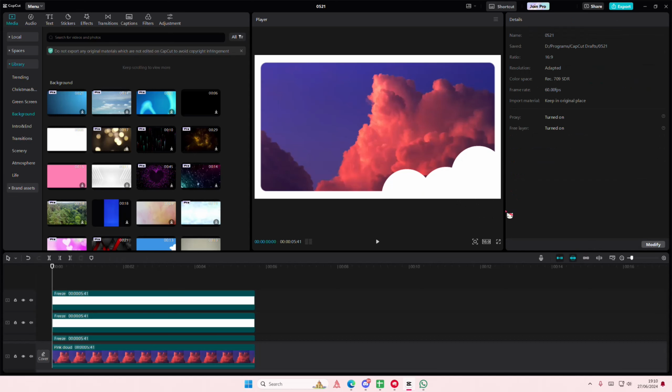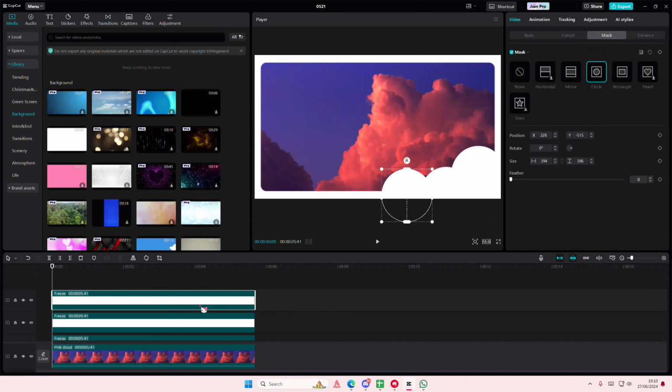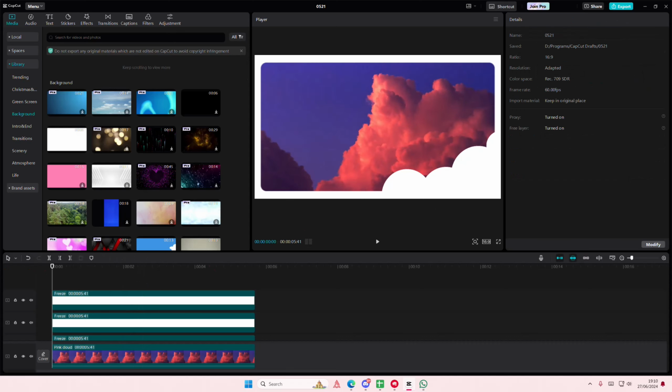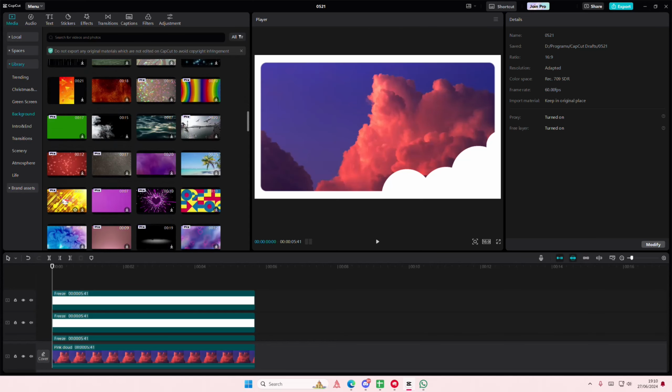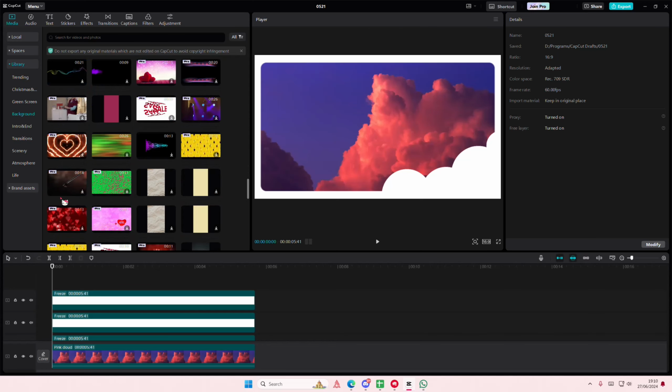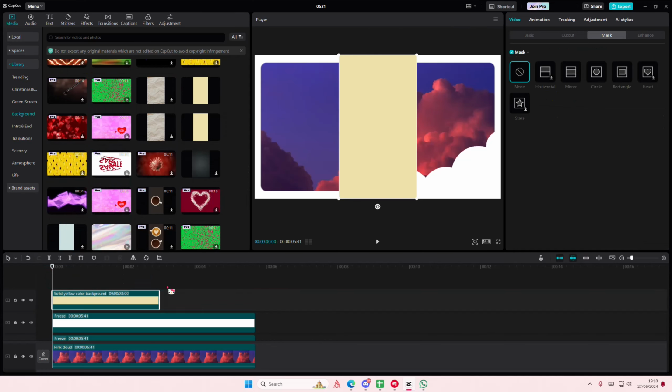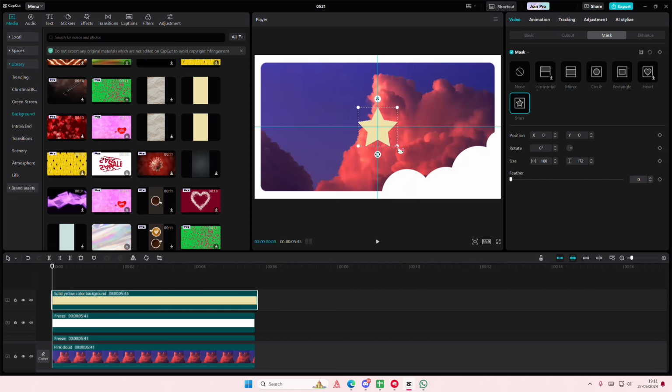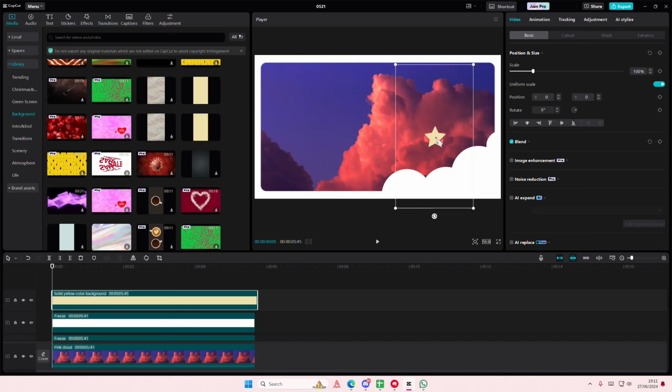I think that's good enough. Let me add another circle, a smaller one, I guess, like right about here. Then I'm just going to go down and see if I can find a yellow color for some stars. Just going to add this there and here